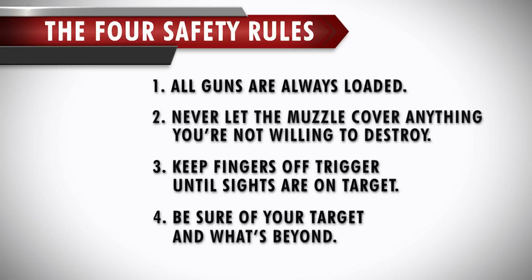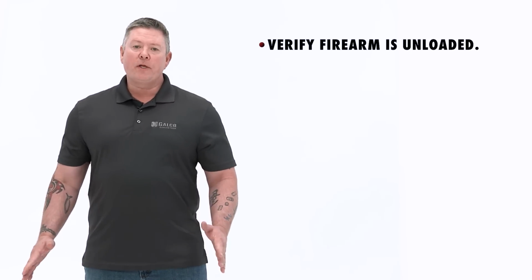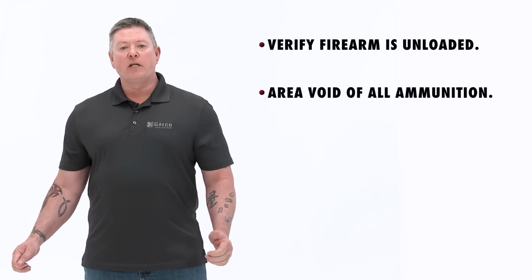These safety rules apply to all firearms and all holsters used at any time in any circumstances. Before attempting any training in drawing from the holster, verify that the firearm is completely unloaded. Also make sure that the area you're doing training in is completely void of all ammunition. The firearm we're using in this demonstration has been checked by multiple experienced shooters to verify that it is completely